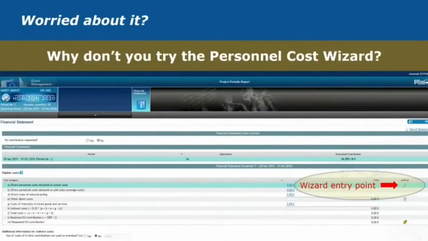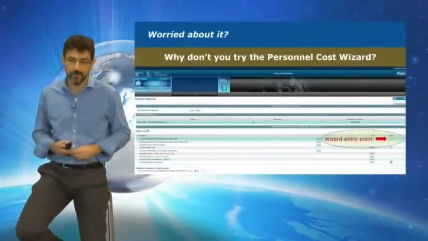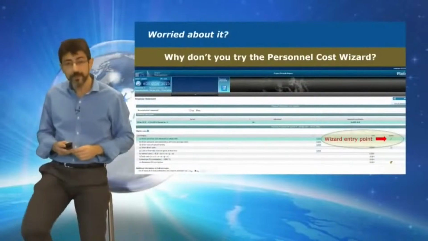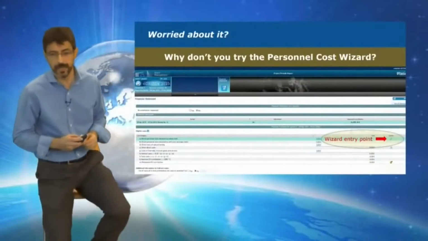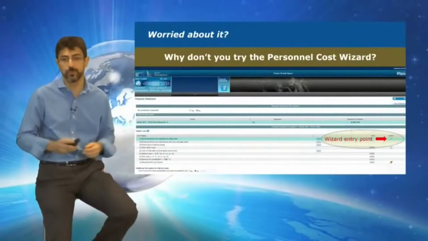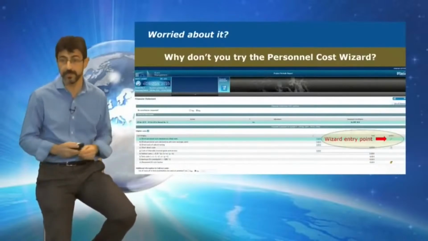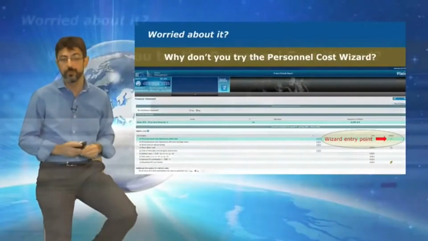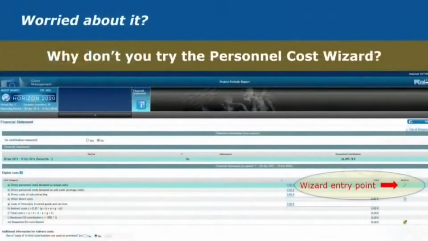That's dangerous. Well, what we have done to help you in that situation, or for instance, it also happens that you are just a one-time participation in Horizon 2020, and you are worried that you might be missing some elements. We have prepared a wizard, so an IT tool to support the calculations that verifies automatically this double ceiling and helps you through your choices. You have there the entry point to this wizard tool,